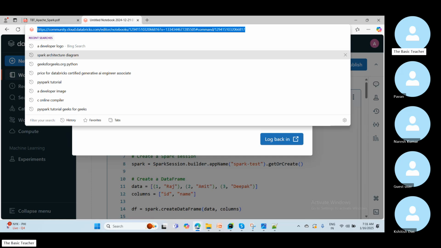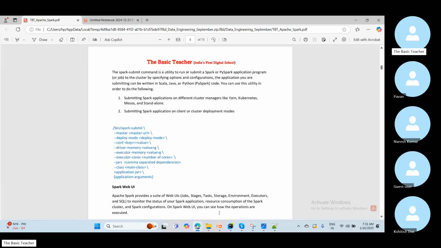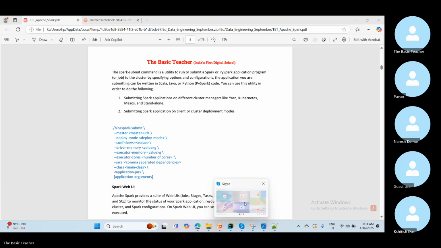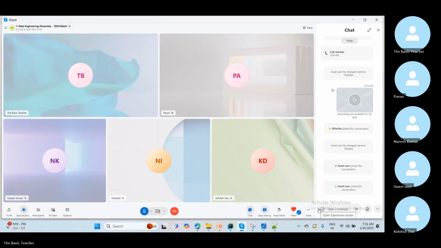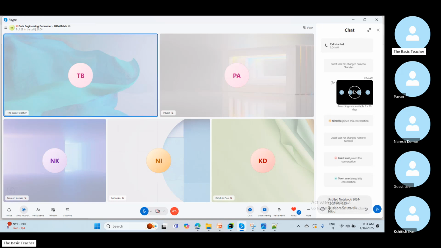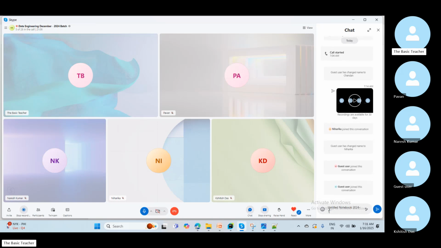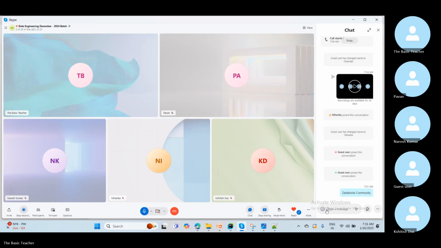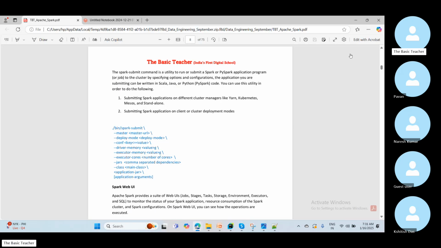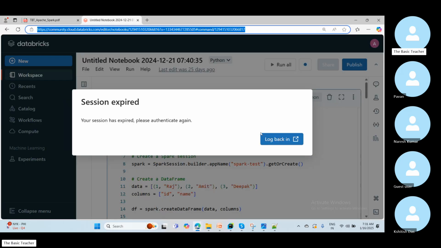I will just ping it and you can try it out. If you have not registered already, then you can register and then you can create the notebook. So yeah, either you do the setup or you can go for Databricks community and you can do the hands-on. Like here, if you see,